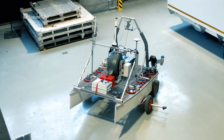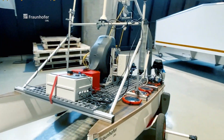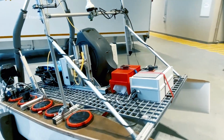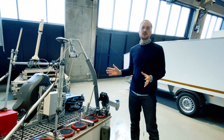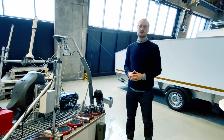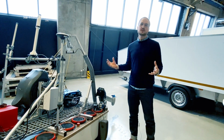This is an in-house developed research vessel that we use for different kinds of research purposes. It's a small unmanned surface vehicle with a dimension of 2.2 meters in length and 1.5 meters in width, and it's a completely electrically driven vehicle. We developed this vehicle for harbor environment, and also we can use it in coastal waterways. One important thing about this research vessel is we designed it for